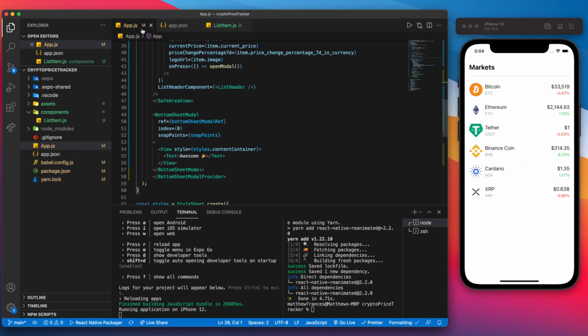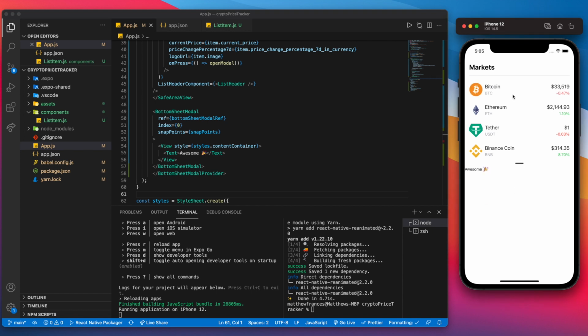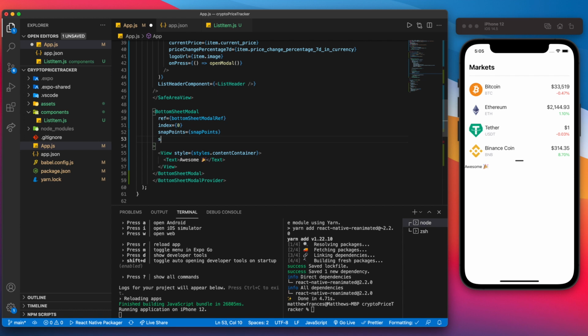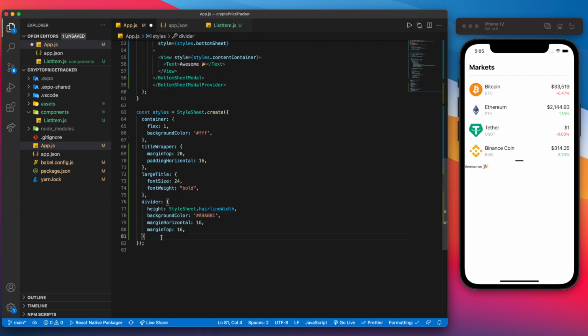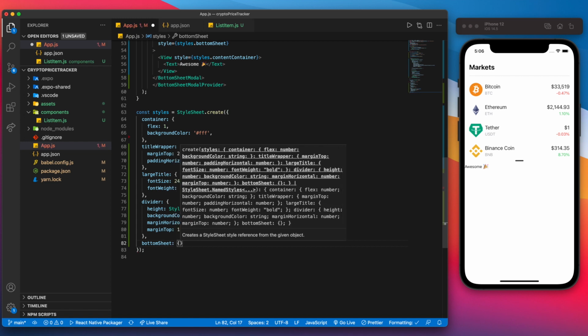So that is perfect. So let's actually start by adding some styling to this sheet. So we could add some shadow and some border rounding. So under BottomSheetModal over here, we'll say style is equal to, and we'll say styles.bottomSheetWrapper. And actually, let's just call this bottomSheet. Copy that, close my terminal. Paste it down here,